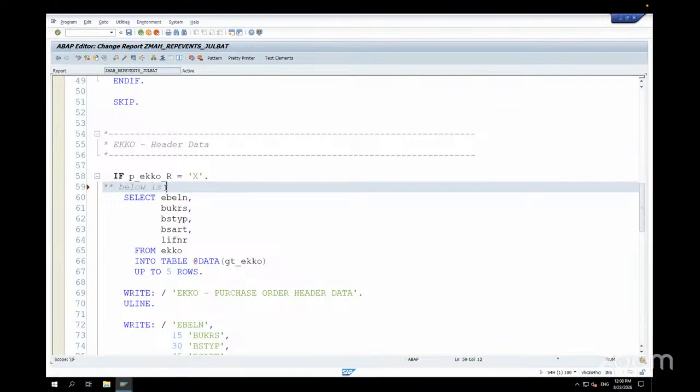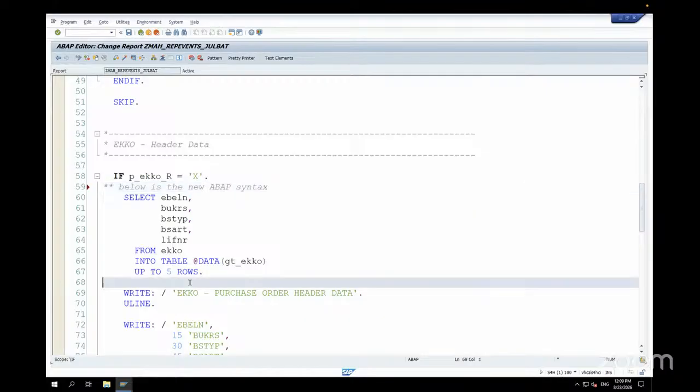Below is the new ABAP syntax. The at the rate symbol, we use to differentiate